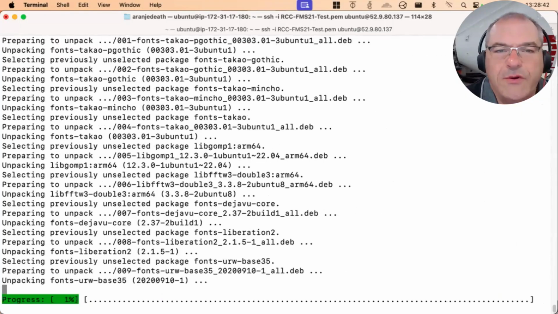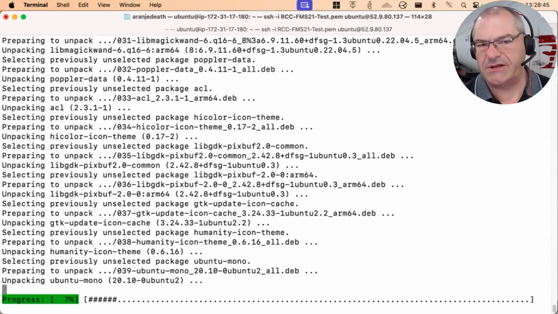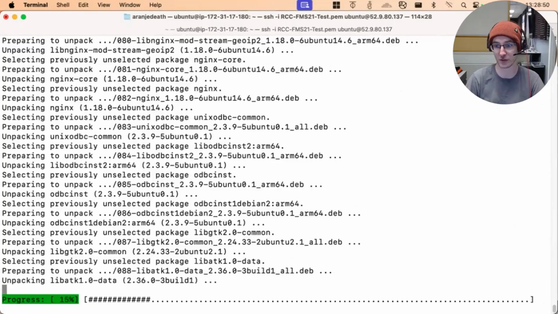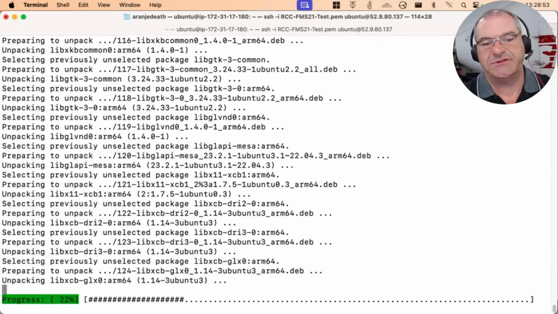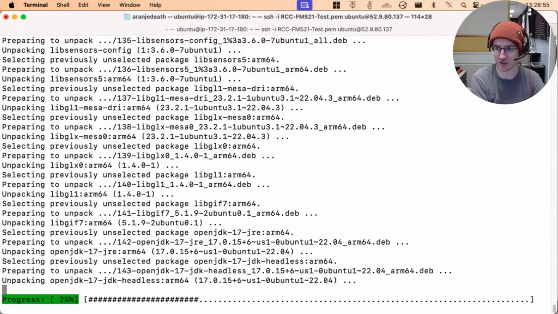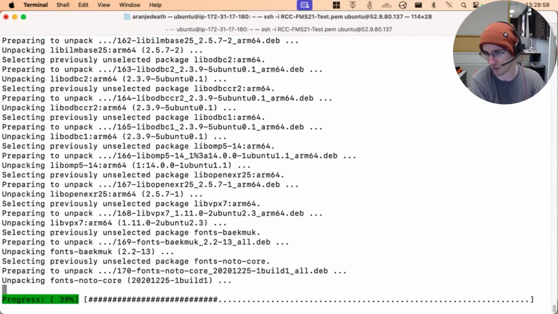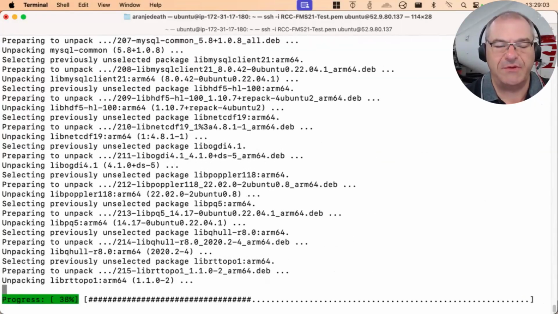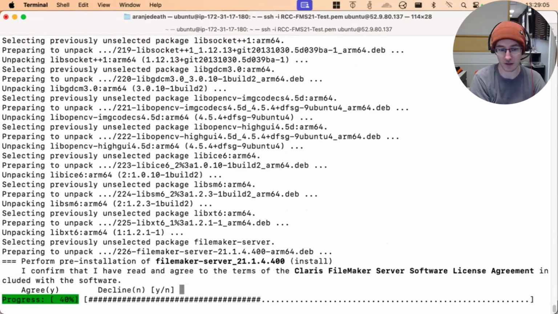So it's running the installer right now. Is that correct? Not yet. No. It's pulling in the prerequisites for FileMaker Server. These are like system packages, fonts for PDF rendering server side, and some graphics libraries for rendering. But is it just bringing them down, or is it actually installing these? This is installing right now. The first chunk of stuff was when it downloaded things. It gave little progress bars and it downloaded 600 megabytes of stuff very quickly. And then it just popped it all out onto the hard drive. And now we are on perform pre-installation of FileMaker Server.